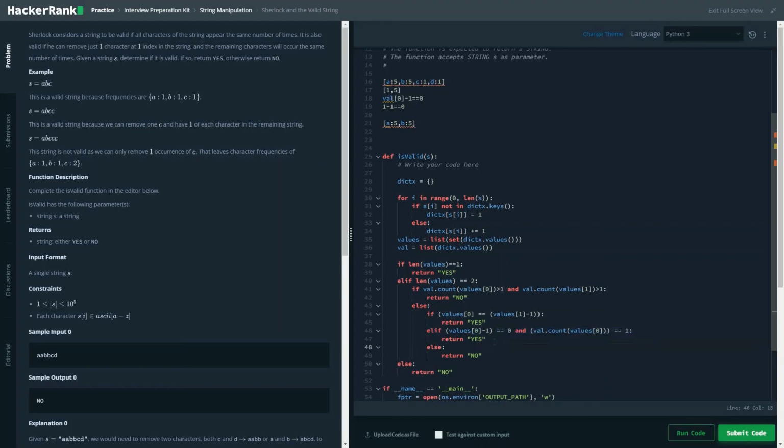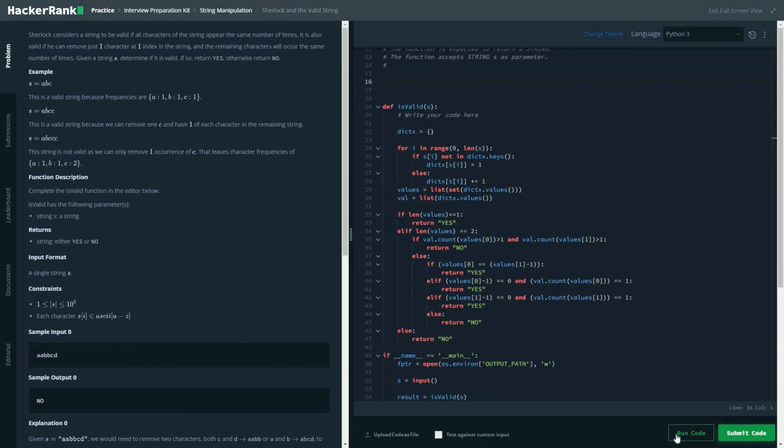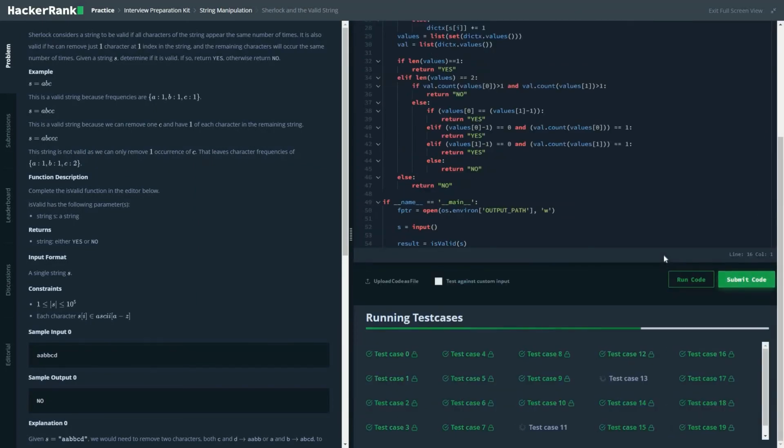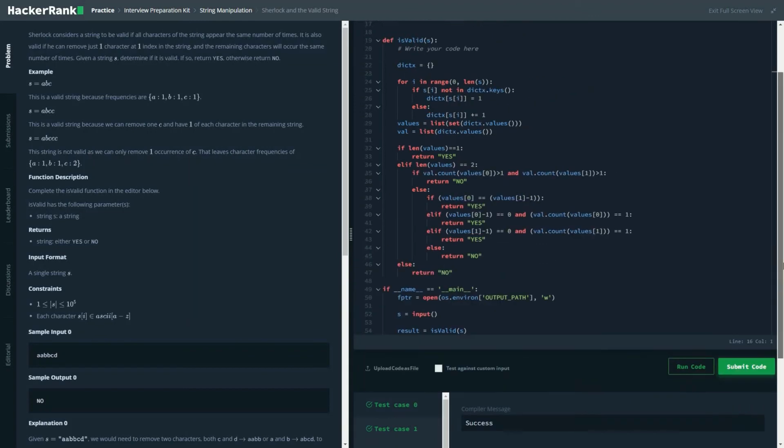We could do it. So let's take it further and we'll be checking, it doesn't matter at which index 1 and 5 is present. Even if it's present like 5 comma 1, we'll be checking whether val of 1 minus 0 is equal to 0, which is true, and we'll be checking how many occurrences are present. So let's run this code again, and most probably it will pass this time. Let's submit the code. As you can see, it passed all the test cases successfully.